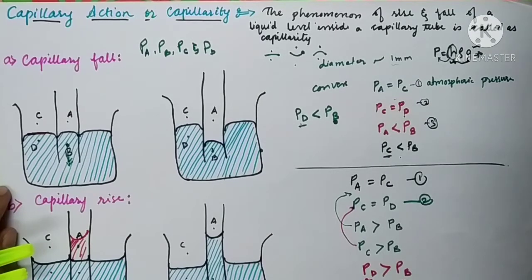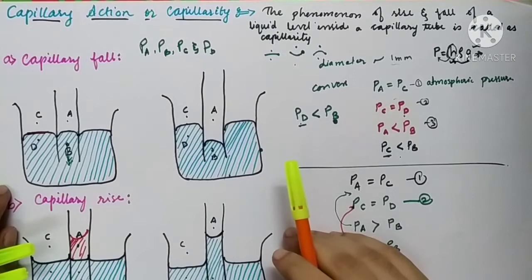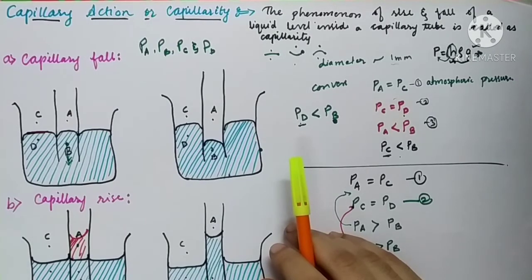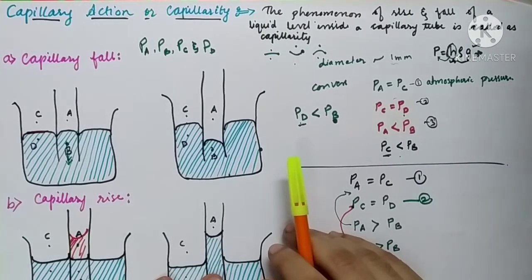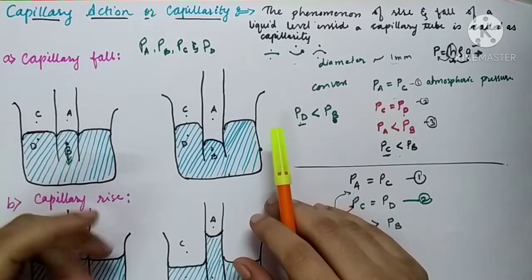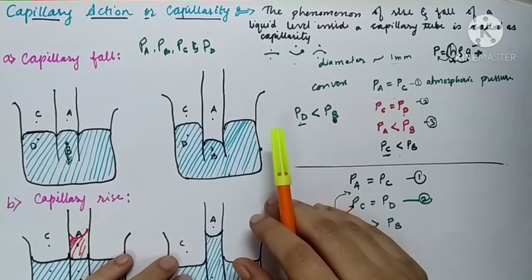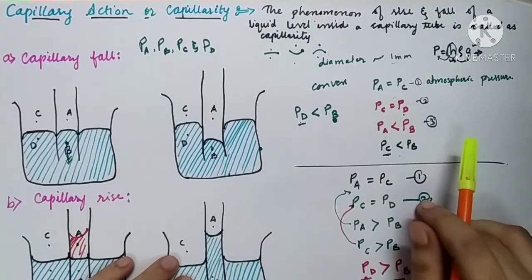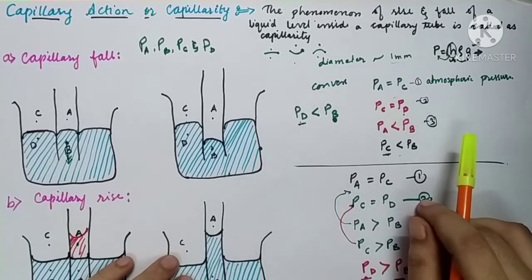In the last lecture so far we have studied the capillarity and capillary action. Similarly, we have seen the rise of a liquid level inside a capillary tube as well as fall of a liquid level inside a capillary tube. It is just a pressure difference which led the liquid to move in upward direction in a capillary or in a downward direction in a capillary tube. We have seen the reason why the liquid level rises and why the liquid level falls.